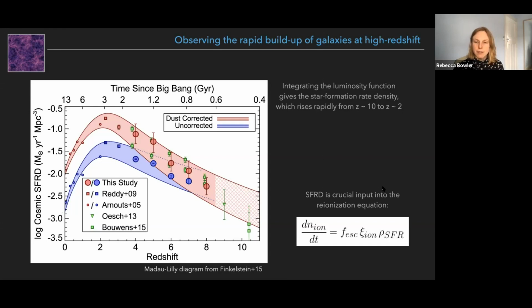I'm not going to go into this in too much detail, but this star formation rate density is also really important for the calculation of how reionization occurred. So reionization is the state change from neutral to ionized, and it's thought that this is due to ionizing photons from galaxies. To test this hypothesis, you need to calculate how many ionizing photons there are at a given redshift. One of the key inputs to that equation, which is shown here, is this star formation rate density. So essentially, you need to know how many galaxies and how star forming they are to then work out how many ionizing photons there are in the universe.